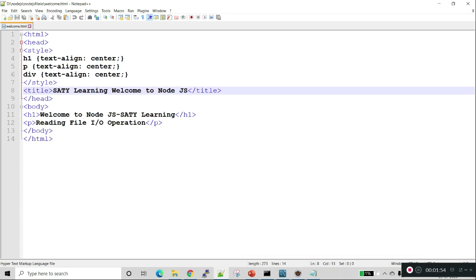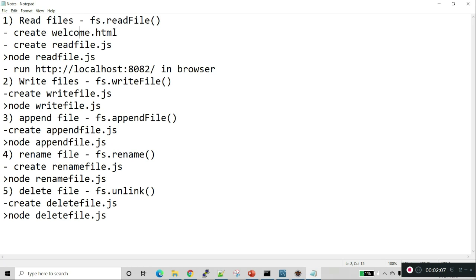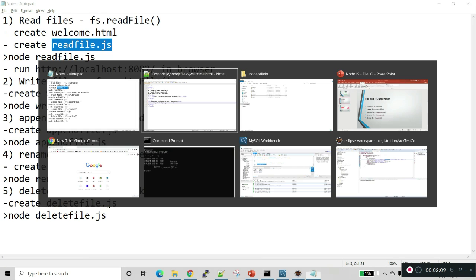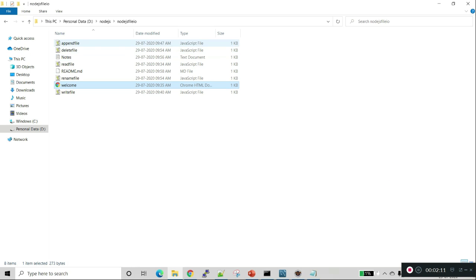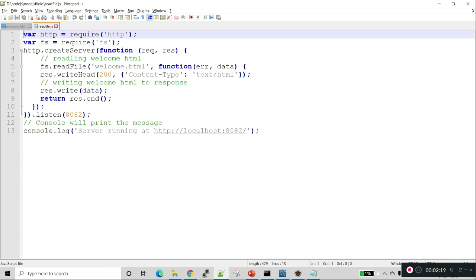I mentioned welcome to Node.js, and reading file IO operation. This one we will open in the web browser, and I have created a readfile.js.